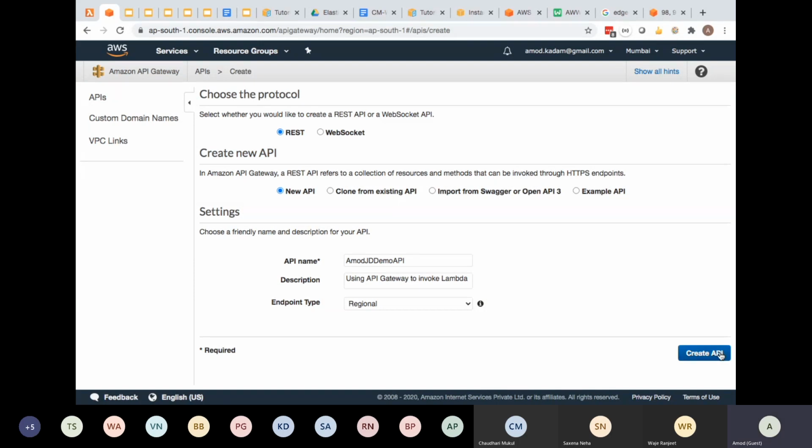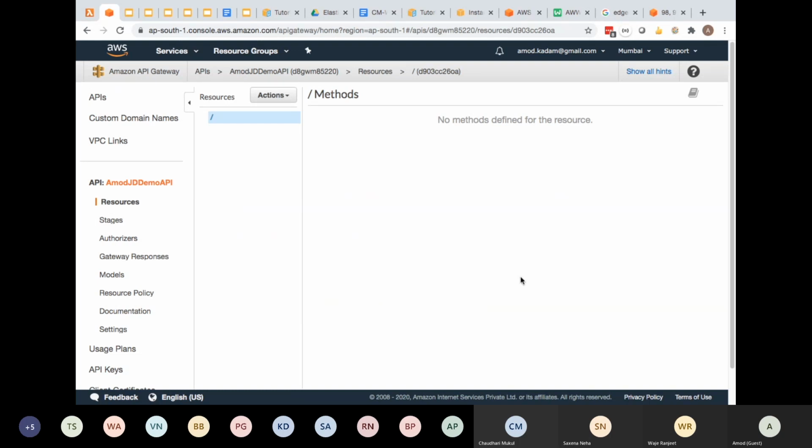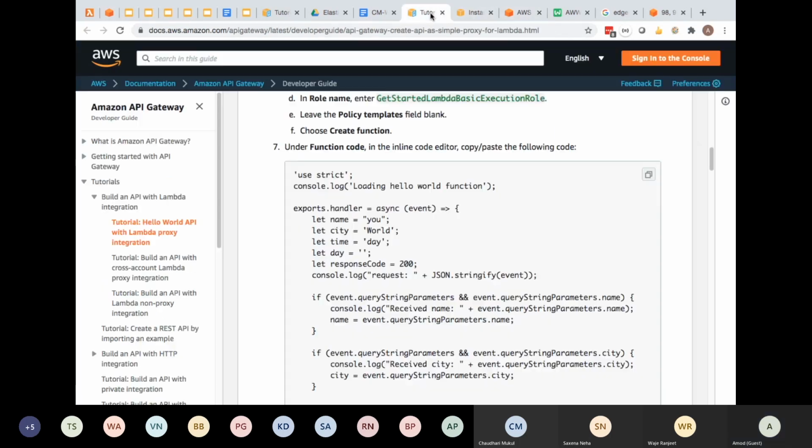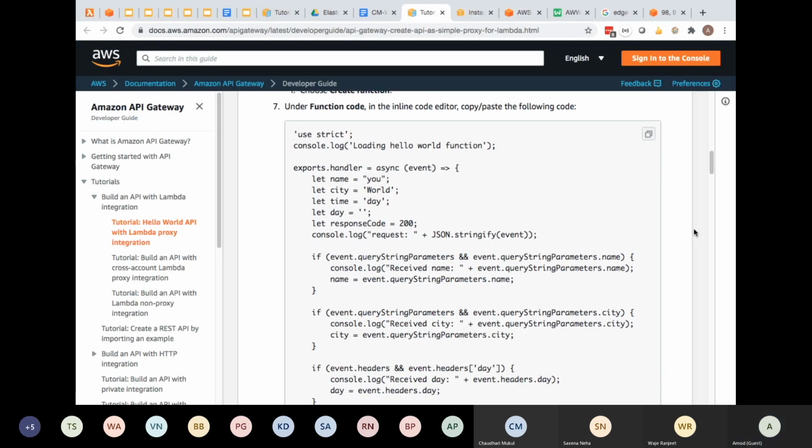So let's say create API. So this UI is not really great. It is a bit confusing at times. But what is happening over here is that it is showing you the UI. It's the resources. These resources, nothing is created. So if you just go to our documentation link and scroll down,